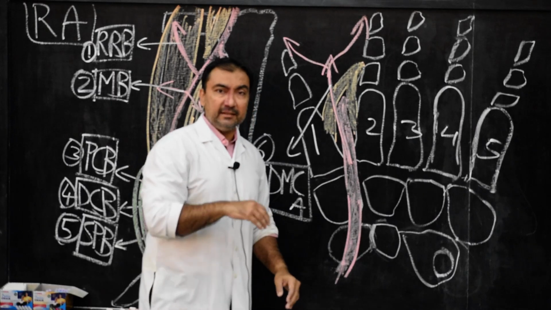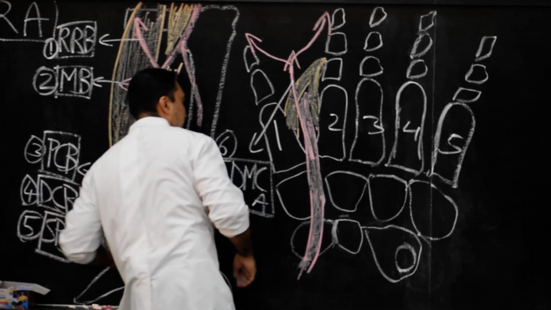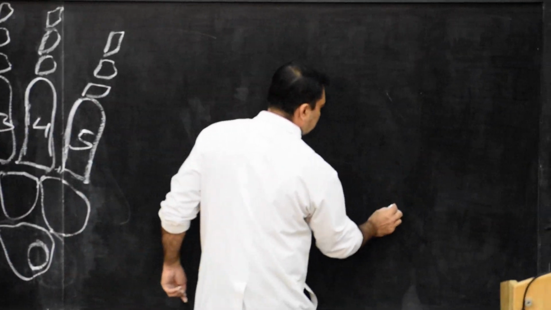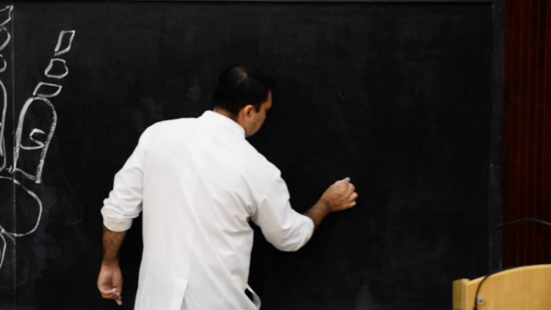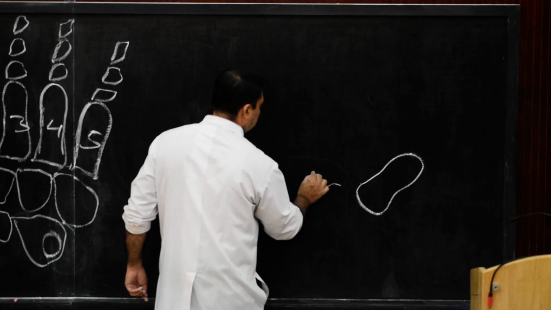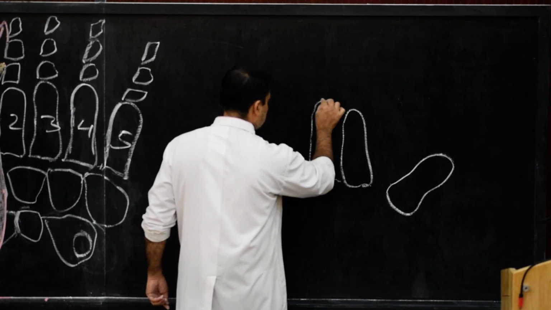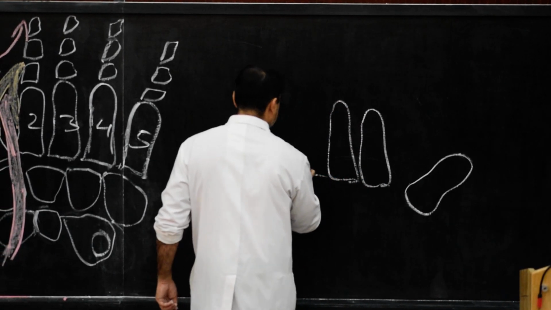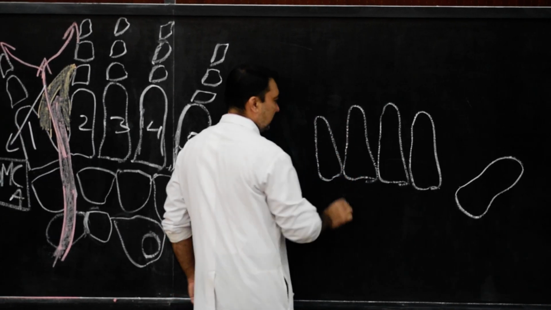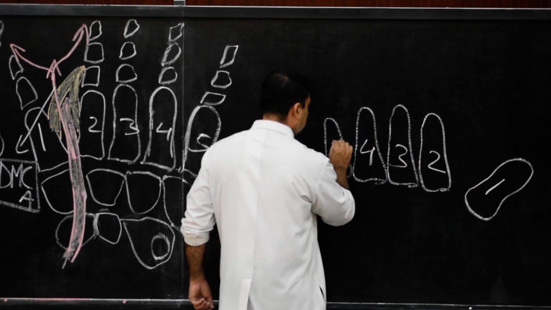So therefore, as it enters the palm, let us come on this side and we will try and draw another diagram. This will be entirely of the palm. Let us draw and concentrate. Now this is the first metacarpal. Over here we shall draw the second metacarpal, then the third metacarpal, then the fourth metacarpal, and then the fifth metacarpal. Now remember, this is the palmar aspect we are going to draw. 1, 2, 3, 4 and 5.